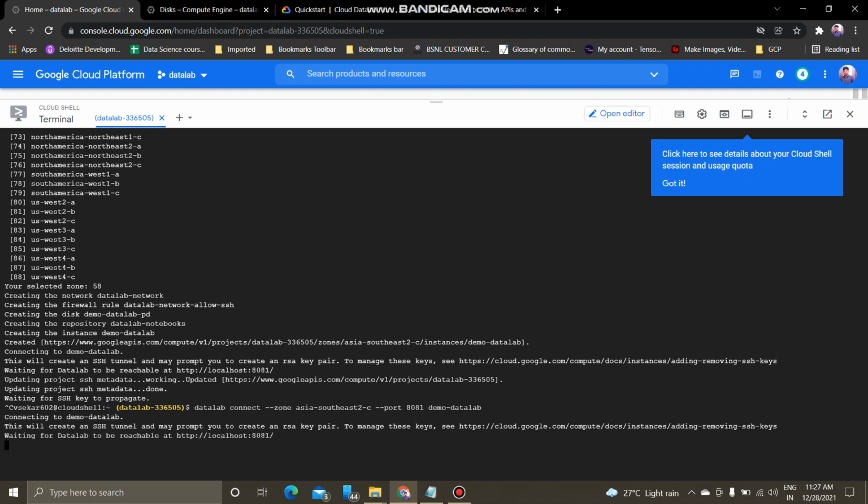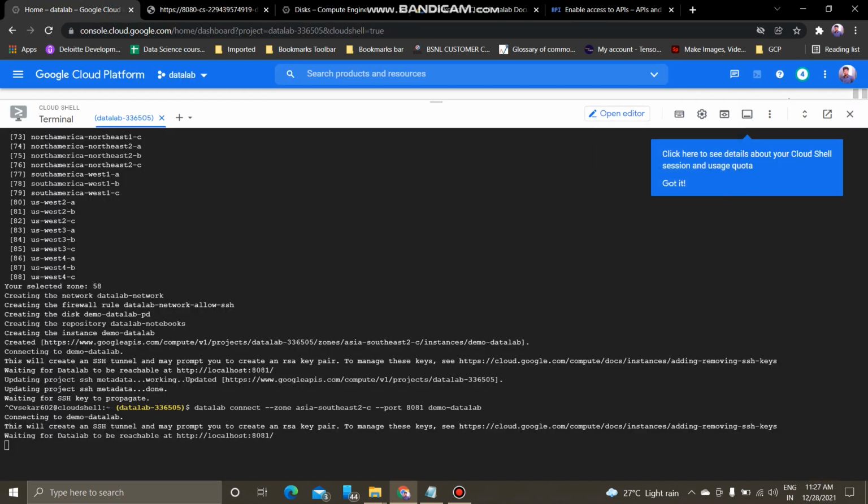Previously we created this instance. Now we are establishing a connection to this instance. That's the datalab connect command with the existing zone, the port number 8081, and demo-datalab, at the HTTP location and the host which we have provided. This will not run.